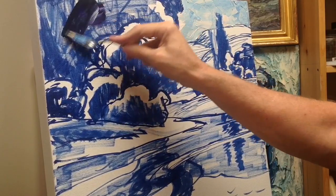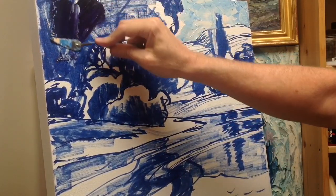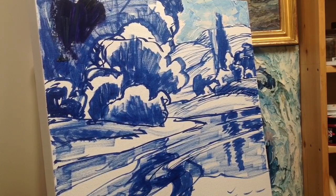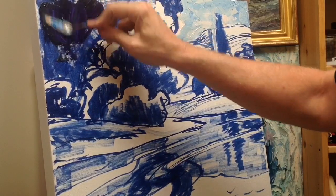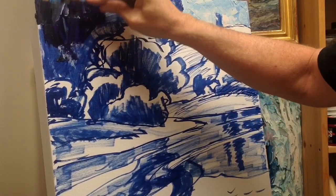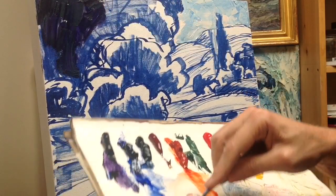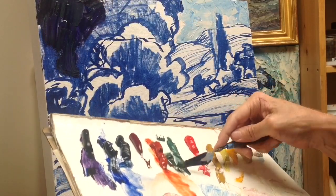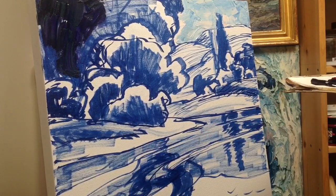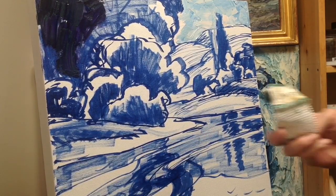Now here's basically white and dioxazine purple. I want to kind of set that tone. I want to get that really dark note in there. And dioxazine purple is probably about the darkest color on my palette. And it's actually the darkest color I have, actually. So it's a nice color to kind of...